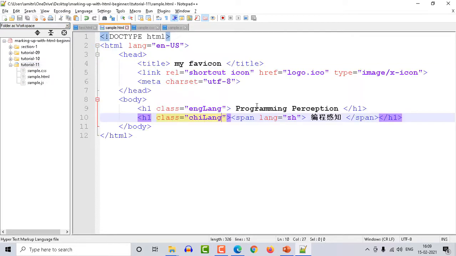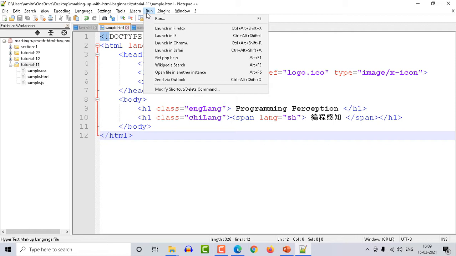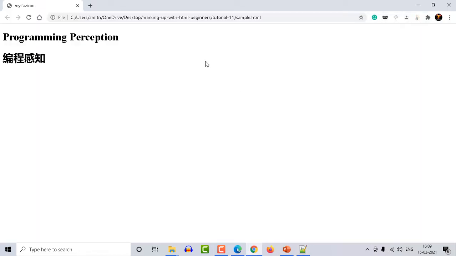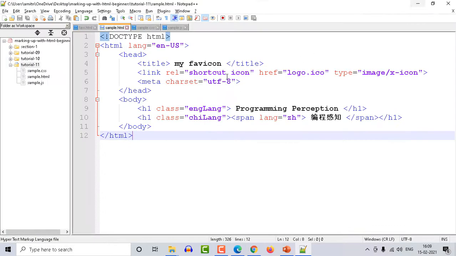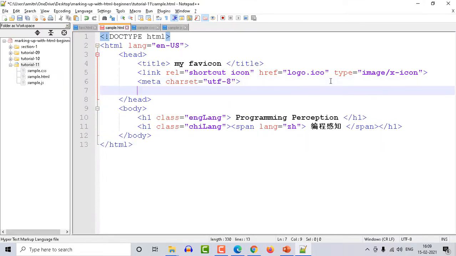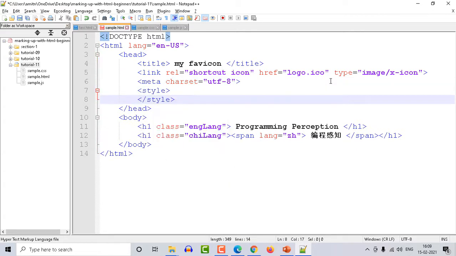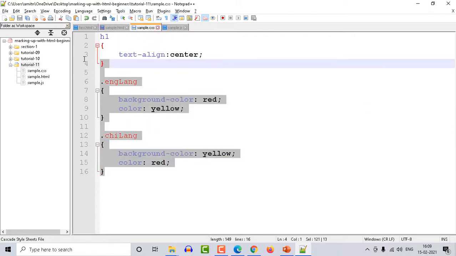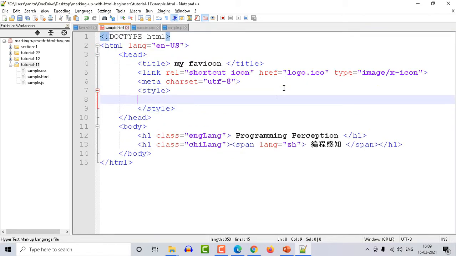Okay. Now if I run this HTML page right now, because I have not linked the CSS and the JavaScript, it will simply print these two headings on the page. But if I want to provide the style, there is a way I have shown you on the slide how you can do that. Now let me show you one other way you can implement it. Like we can use a style tag. Now this element can be used inside the head, and within the style I will mention all these CSS styling. So I will just copy it and paste it here in the style.